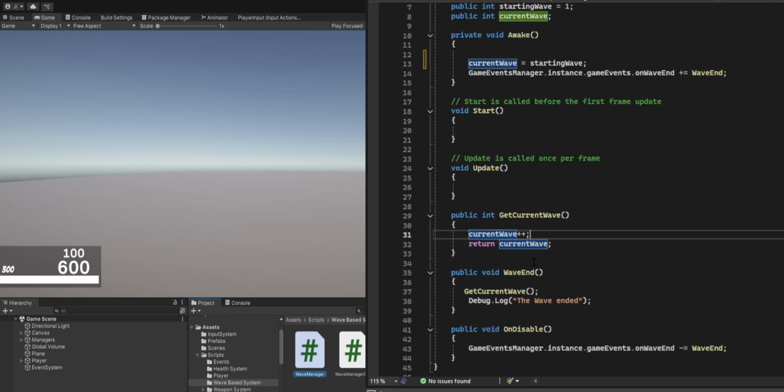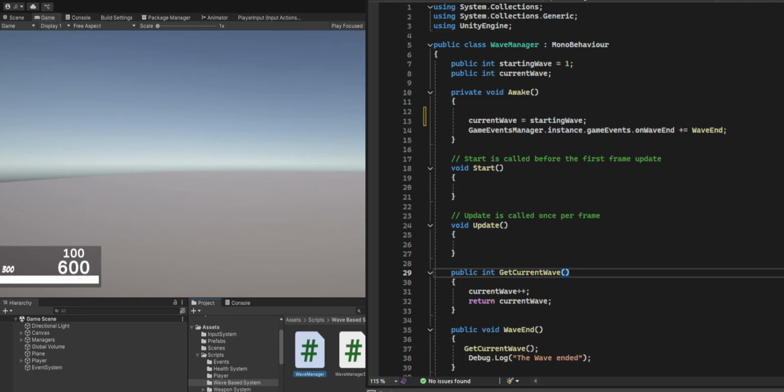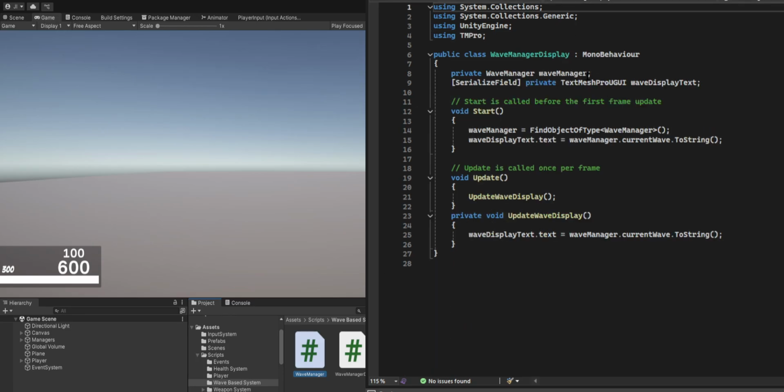I'm gonna have to refactor this for sure, because this for sure is going to cause a problem at some point. The fact that I'm incrementing the wave in that script, that's for sure going to cause a problem. But in our wave manager, super simple. We just have a wave display text, which is this 100 at the bottom that we just seen. We get the wave manager, we change the wave manager to a string, and then we just update the wave manager display. But we can actually use the